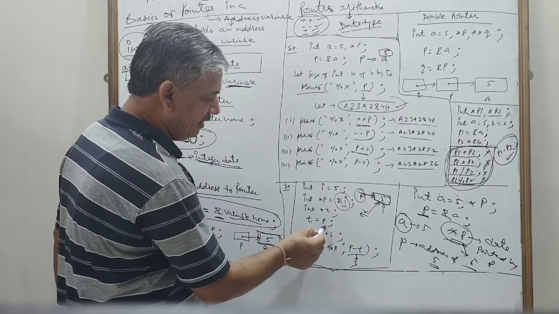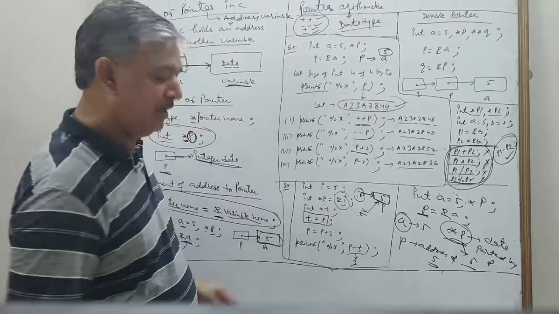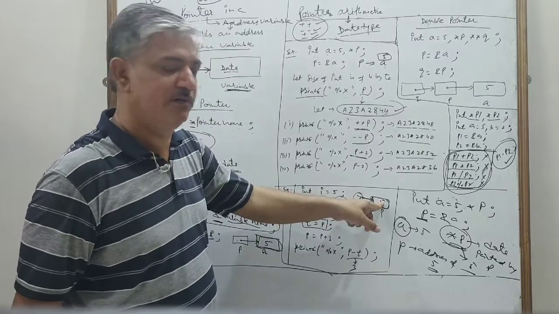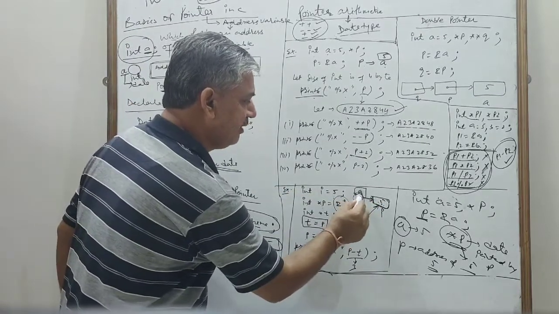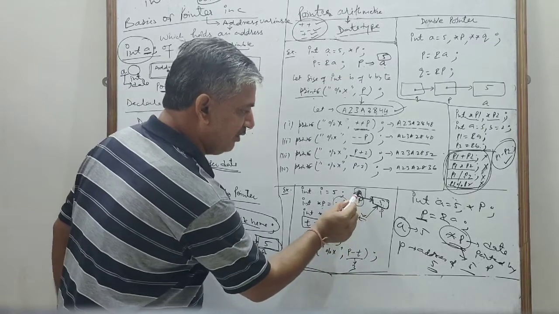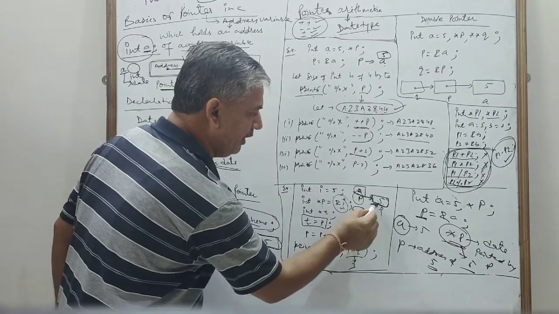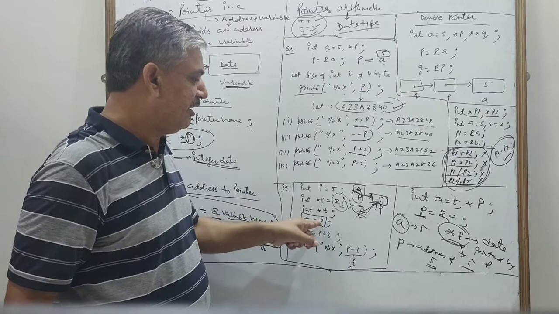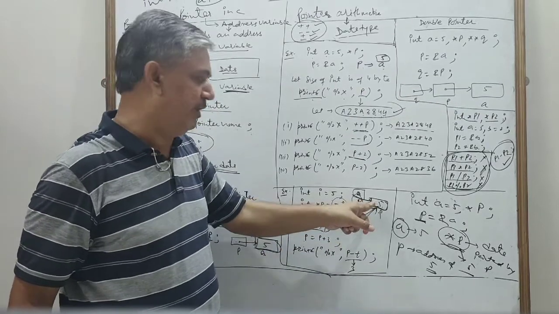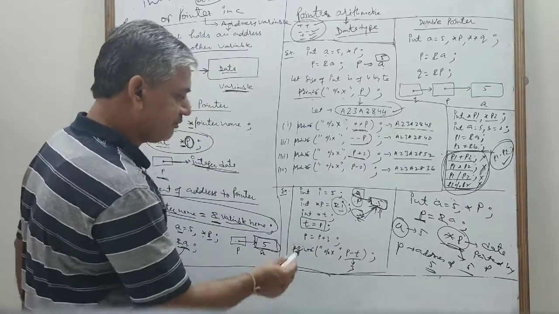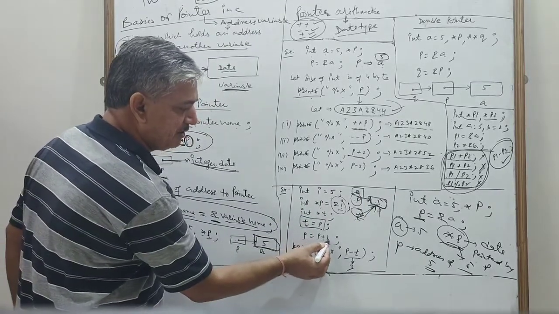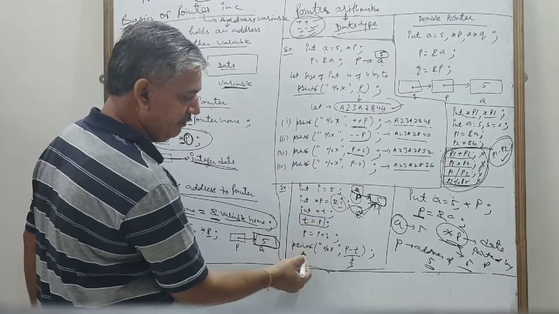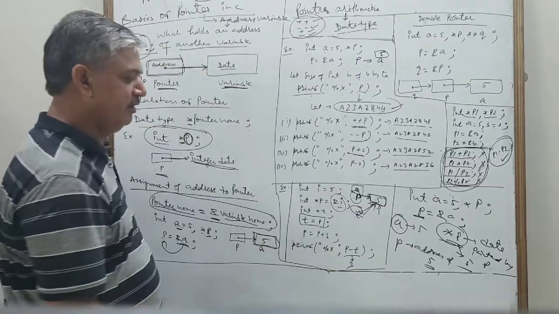When I write t = p, it means the value of p is assigned to t. The value of p is the address of i. So this address of i is assigned to t, which means t also points to i. So in this statement t = p, p and t both point to i. The value of p and the value of t is the same. Then p = p + 3 increments this p by 3 addresses. When we write printf p - t, what will we get? We will get 3.